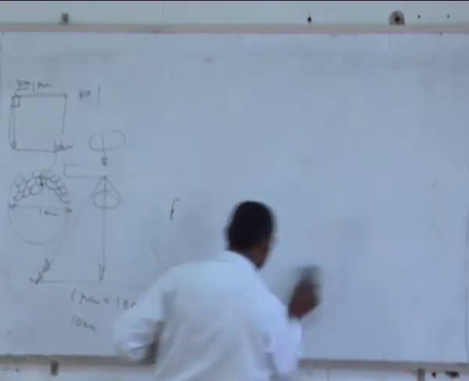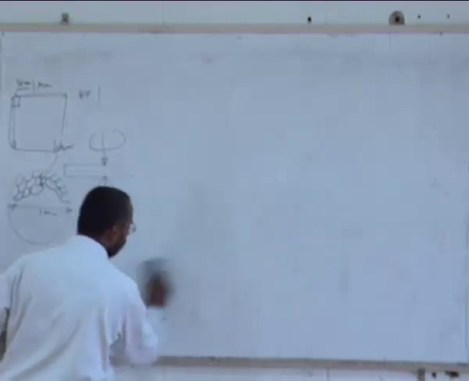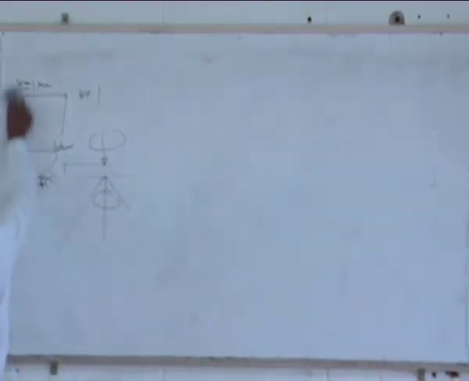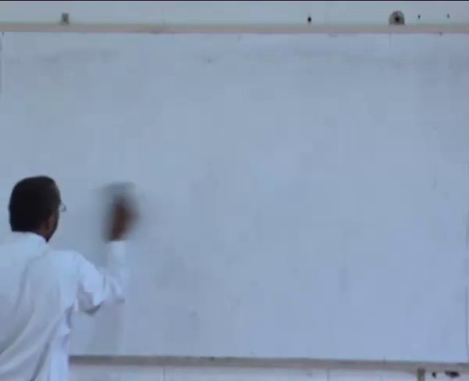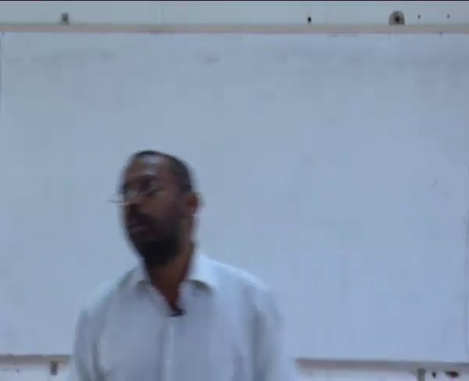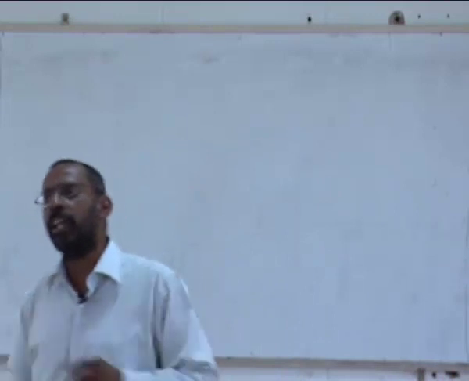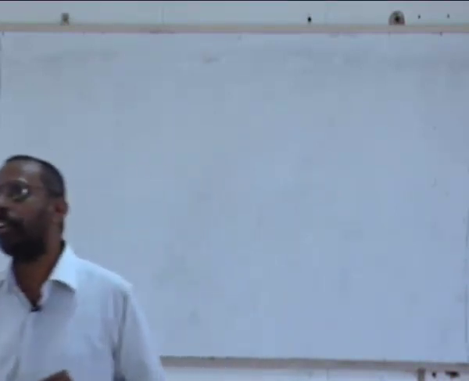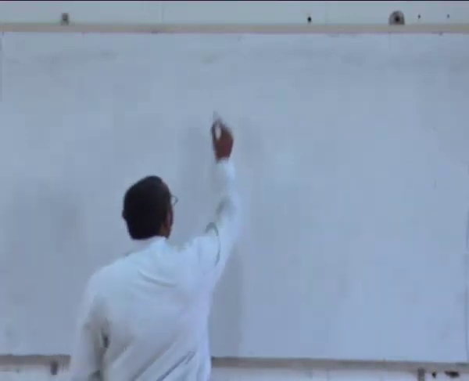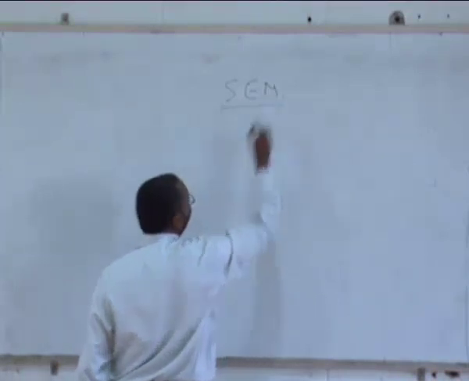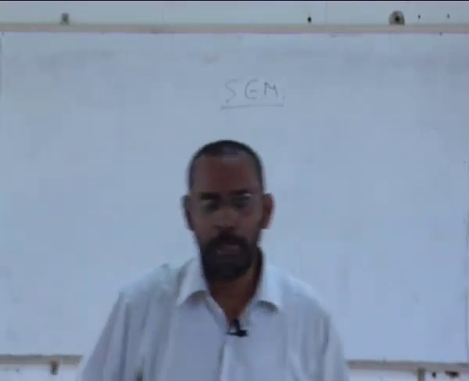As you can see, we have talked about how various microstructural features can be seen in a TEM, and we also talked about the various contrast concepts. We also talked about how to analyze a diffraction pattern in electron diffraction and how it is different from X-ray diffraction. What are the things that we cannot do in X-ray diffraction which we will be able to do in electron diffraction is all what we have covered so far. Now we will go to another microscopy technique, which is called scanning electron microscopy.